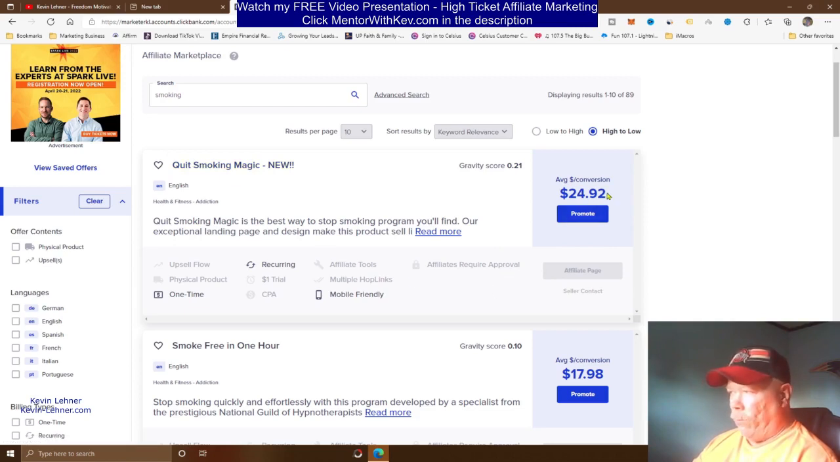And you can make $24.92 per sale on this particular product here. And it even has recurring income. You see right here where my mouse is, guys. That means every month, it's a subscription type of thing, and every month, if they repay, you're going to get paid again and again and again as well. Okay? What we want to do is go ahead and get our promo link here,